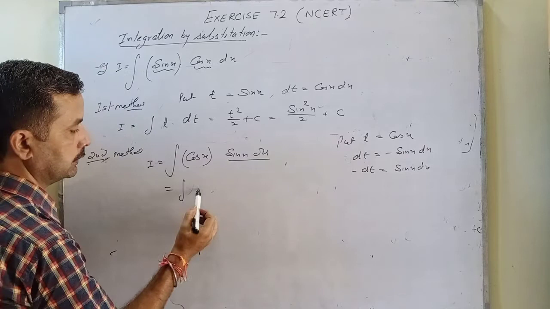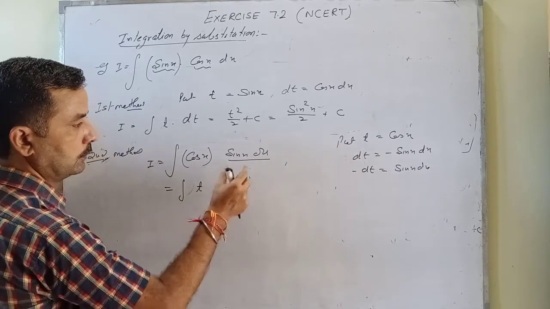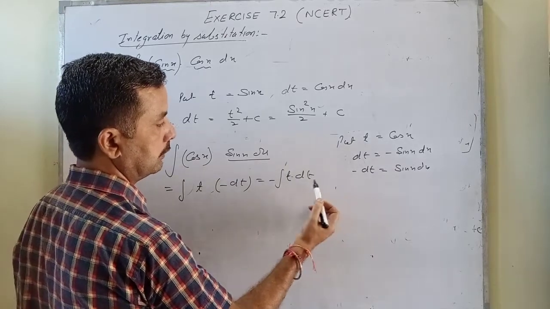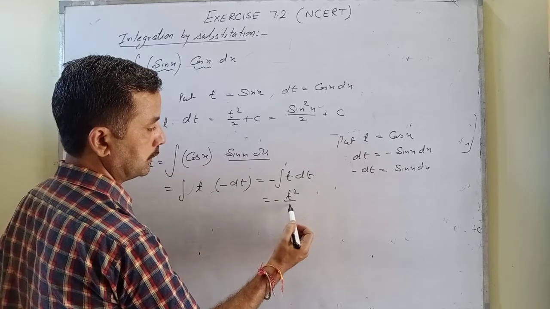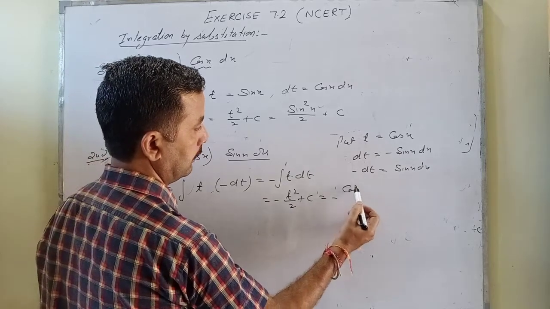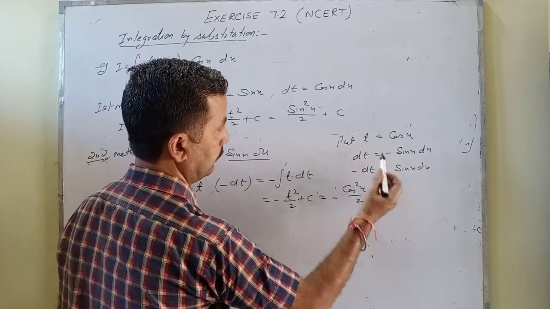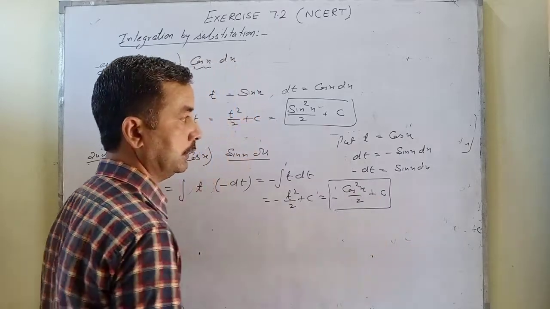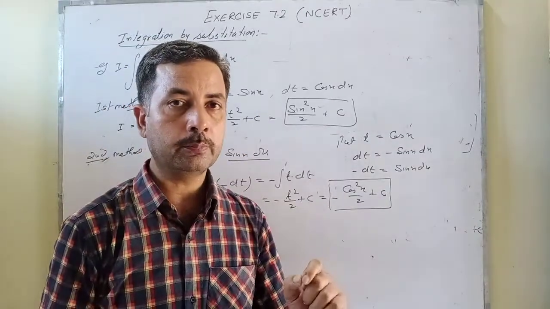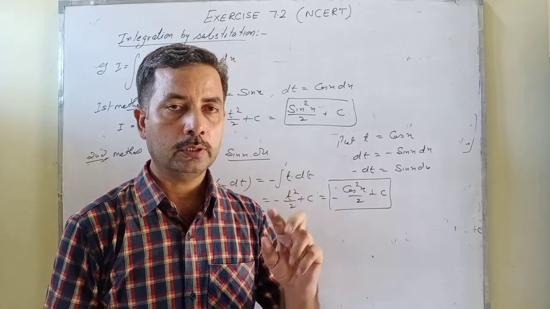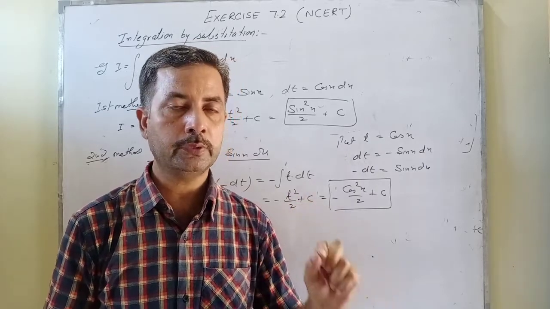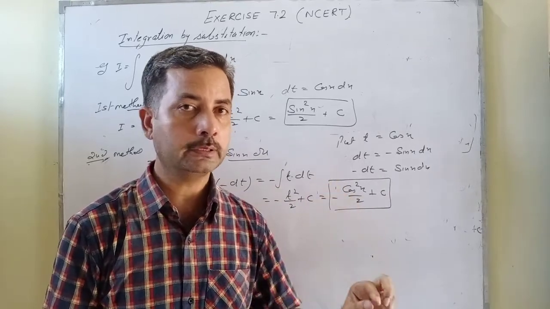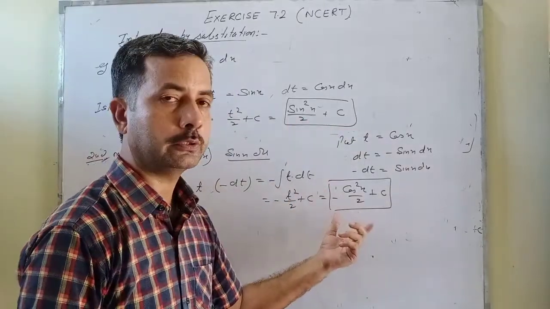So therefore this question is t into minus dt, because sin x into dx is minus dt, so therefore minus integral of t into dt. Now we can integrate it, but the answer is of a different type: minus t square by 2 plus c, and if we put the value of t then cos square x by 2 plus c. Check, this answer is sin square x by 2 plus c, this answer is minus cos square x by 2 plus c. The representation of the answers is different, but their value is the same. So if we go with different methods to solve a question, we can get solutions in different patterns, but their result is always the same. So it doesn't matter whether it is in sin square x or cos square, both are correct.